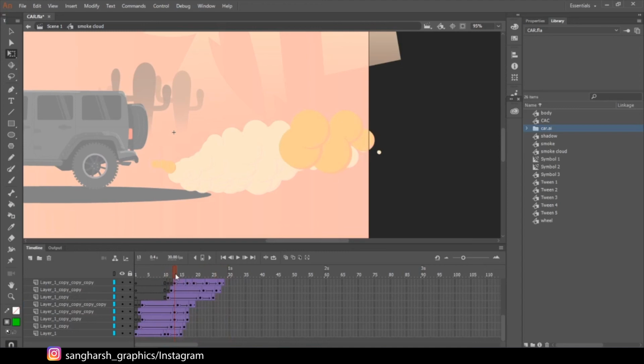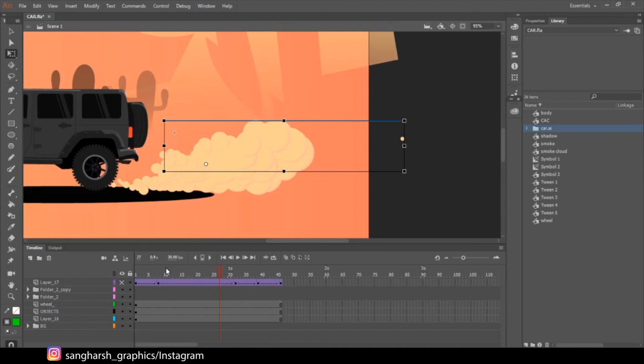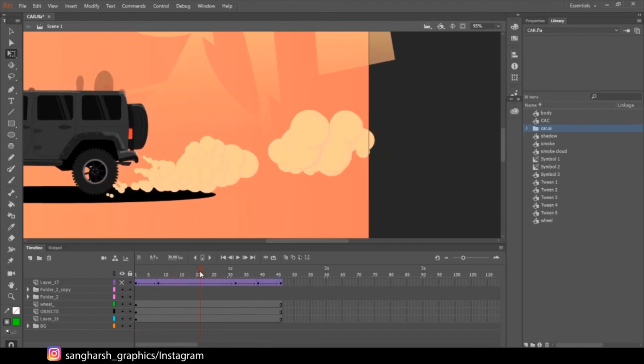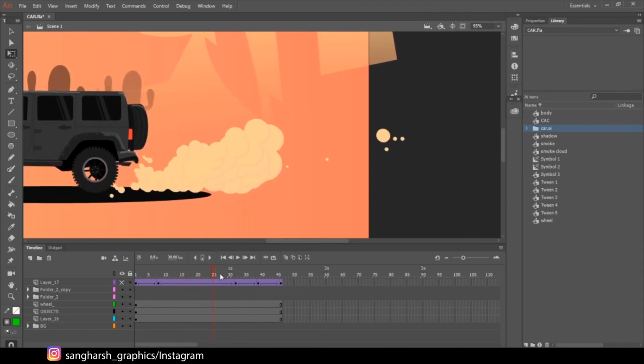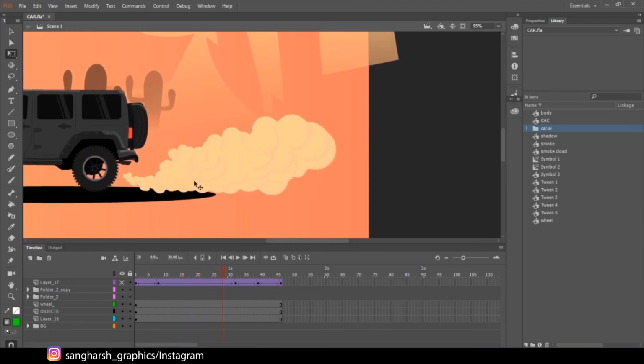Yeah, I also got the question of why can't we loop it like we did before for the wheels: create one time and just create up to here, don't need to duplicate it, we can just loop it. But what happens, as you can see, the smoke is not over and the second smoke is about to come. If you loop it, until this smoke layer ends, the second one is not going to start.